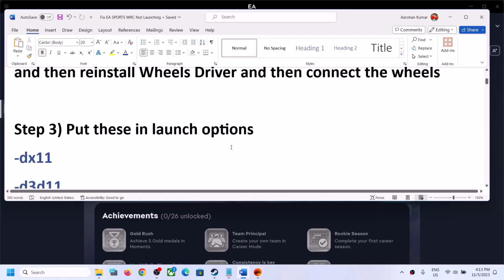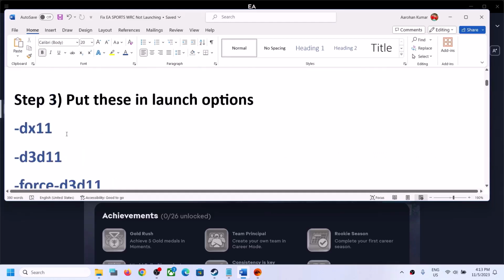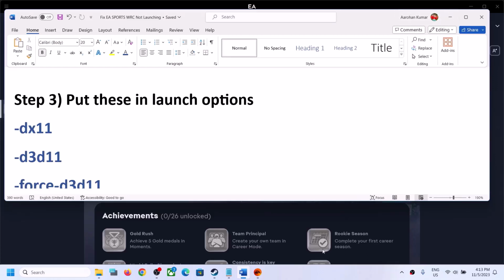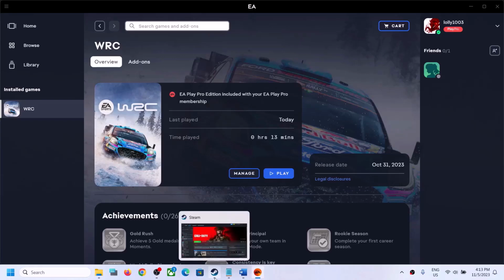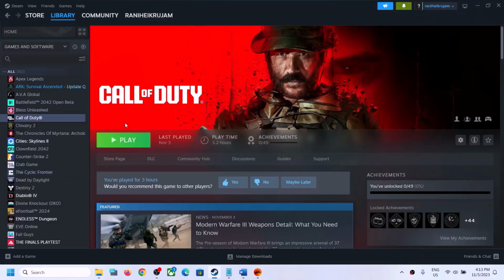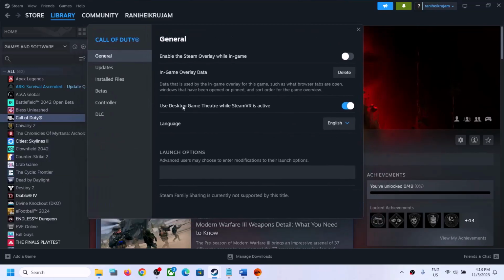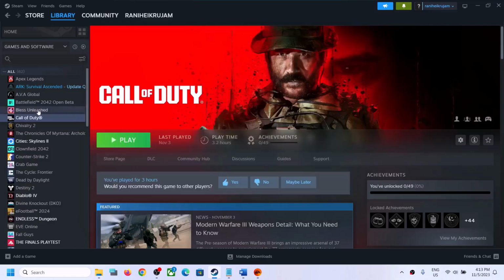Next step is to put these commands in launch option. So if you have the game on Steam, I have the game on EA app. I don't have the game on Steam, so I'll show you with different games. So this is just an example. So you have to make a right click on WRC game and then select properties, and over here you can see the launch option. In the launch option, type in -dx11